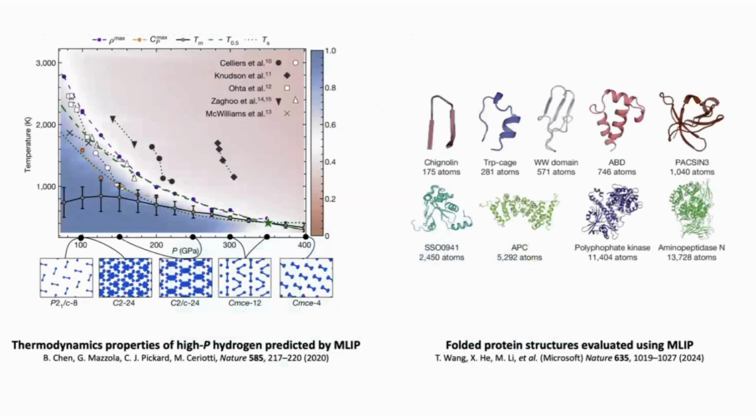I might need to skip most of the technical detail here, but the one thing I want to highlight is that machine learning potentials have been used in a wide range of research across both academia and industry, from thermodynamic properties of high pressure hydrogen, which is a textbook physics problem, to the folding process of proteins, which is highly related to drug design. And in the rest of my talk, I will give you a different example of how machine learning potentials can help to better understand memory materials from the atomic scale.